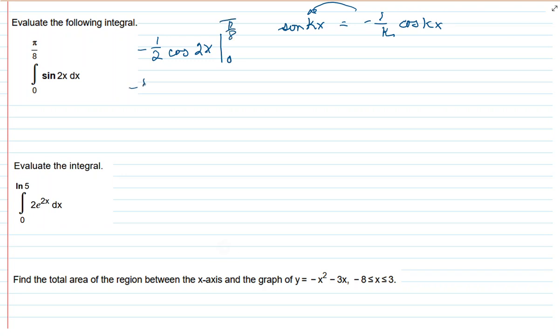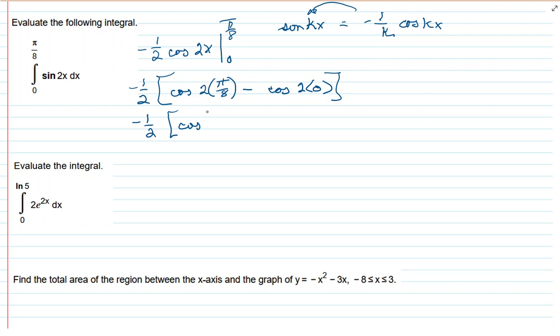So I'm going to have a multiplier. I'll put a 3 and it's a 2 of cosine of 2 times pi eighths minus cosine of 2 times 0. All right, so I'm going to have a negative 2